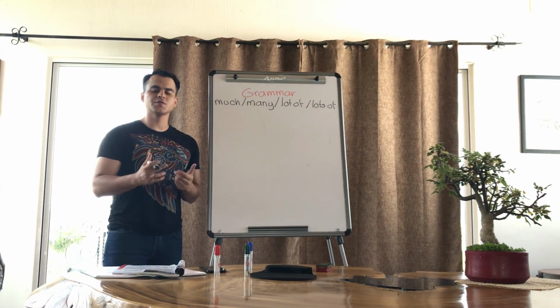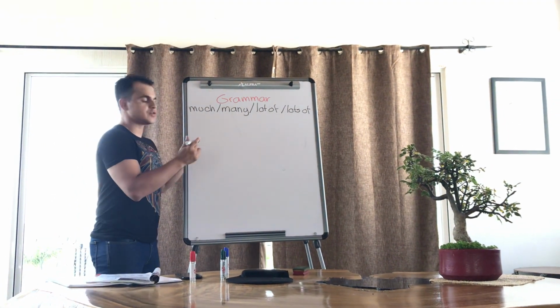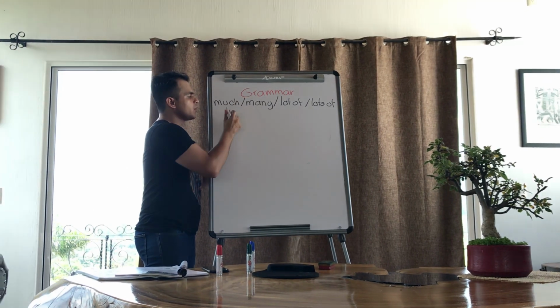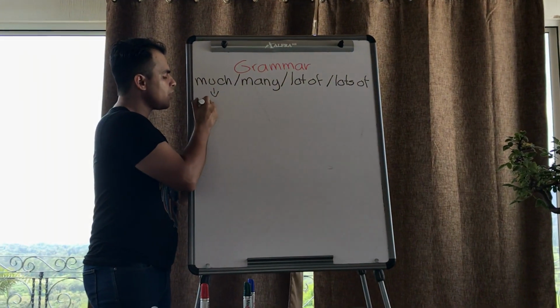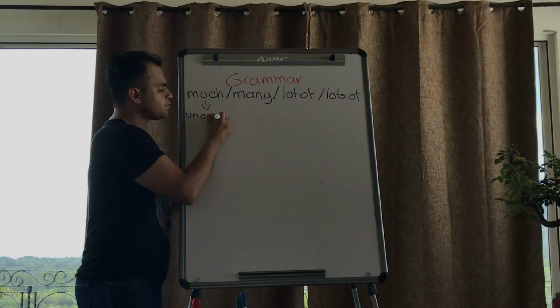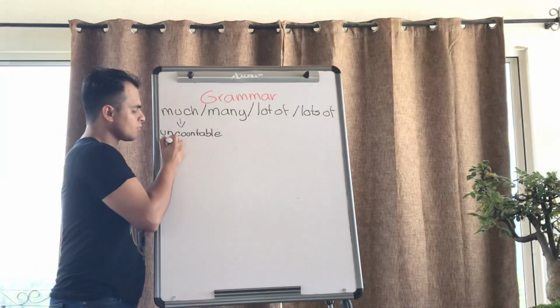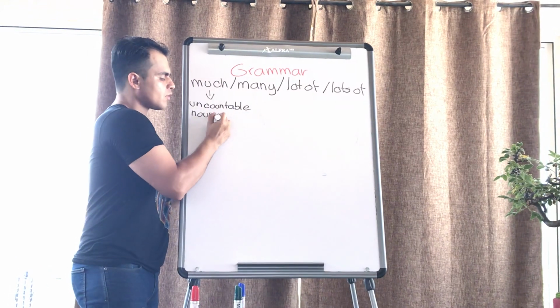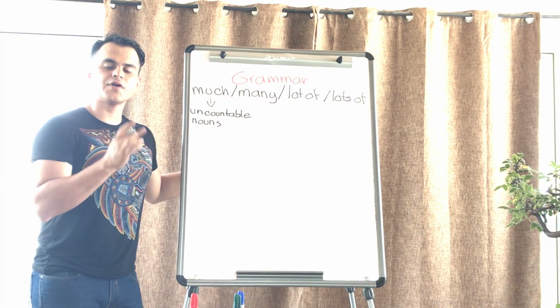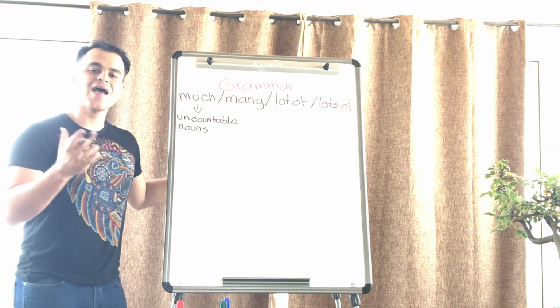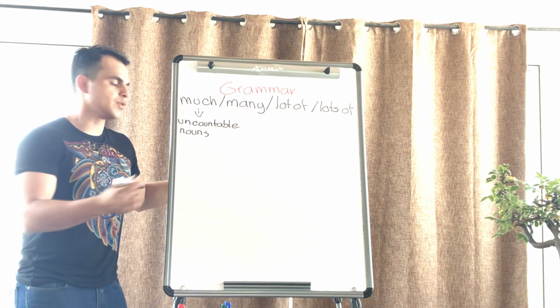Let's go into explain the difference. Alright, as we already learned, we are going to use much for uncountable nouns, such as the thing that we already explained,